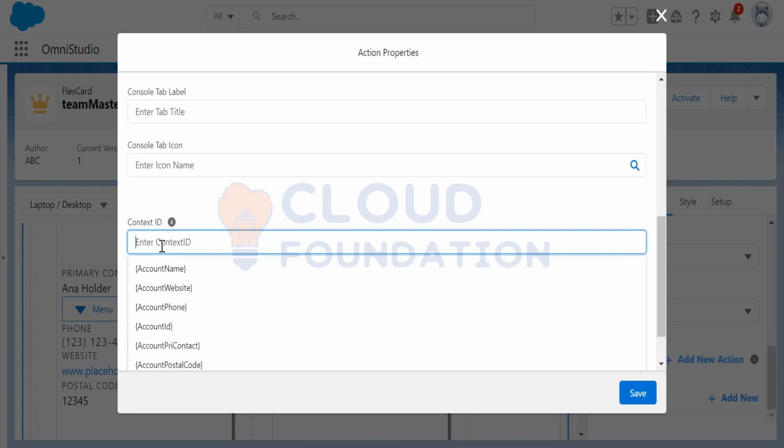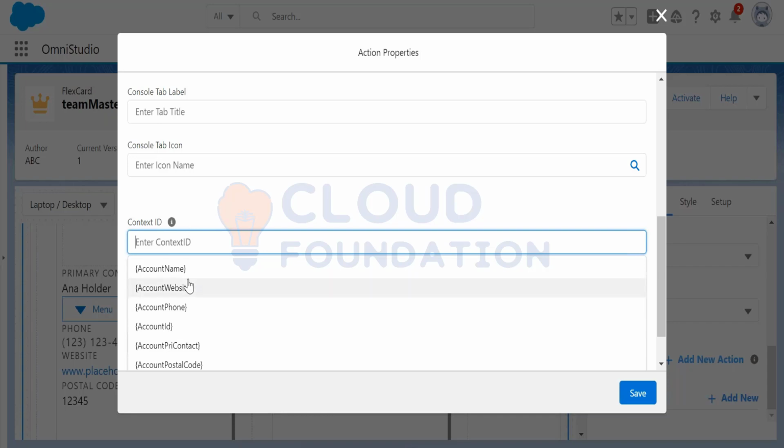Here the context ID we pass, in the drop down you'll see whatever data loaded onto the card, we can see all the nodes. So we have to pass the account ID context, whatever record ID we have in the card, the same record ID we are passing to